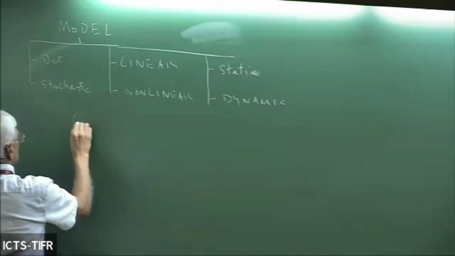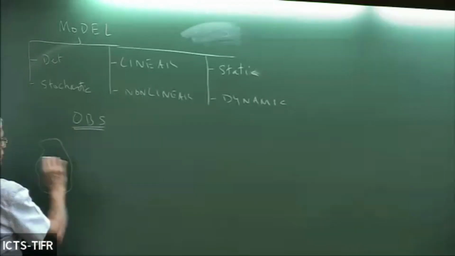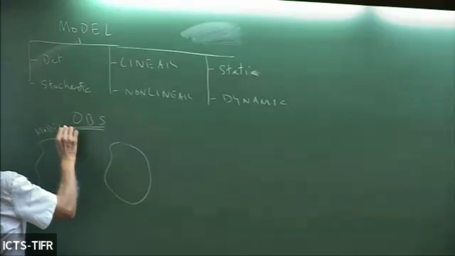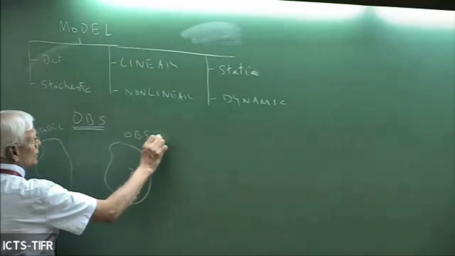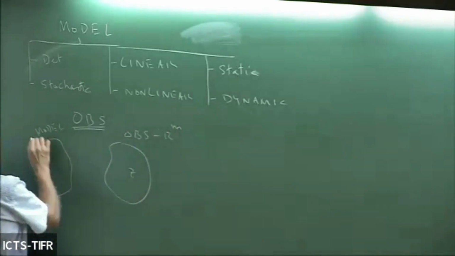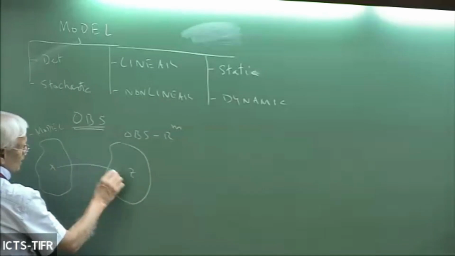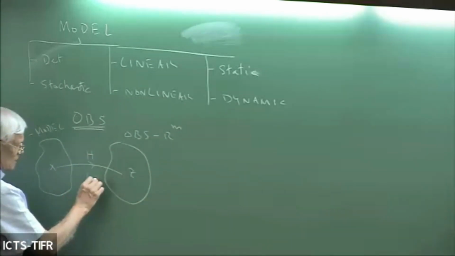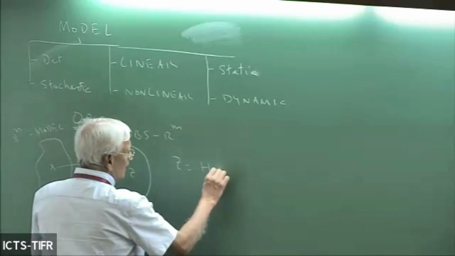Likewise, observation. So when I say observation, please remember, this is the picture you have to have at the back of your mind. This is the model space. This is the observation space. Observation lie in here. Generally, we assume this is Rm. We assume this is Rn. X. I always want to be able to connect this. When this is H, or this can be H. So when Z is equal to H of X,